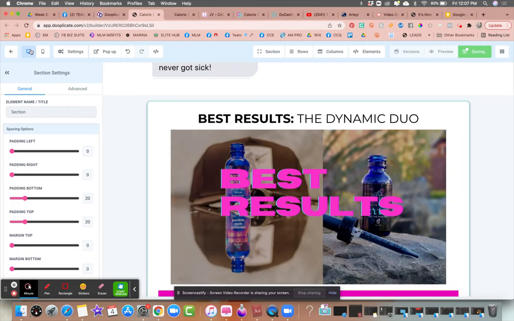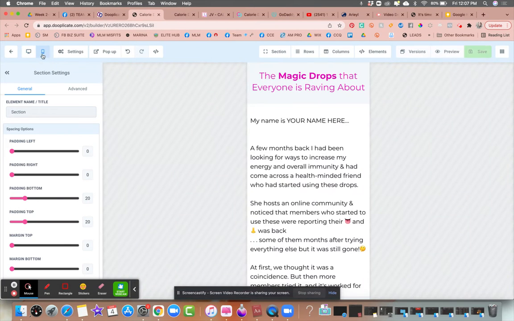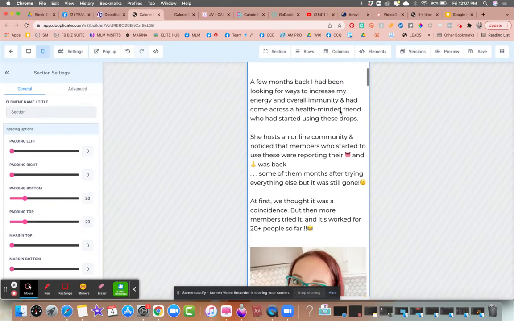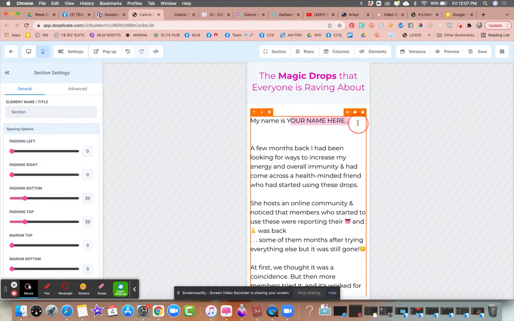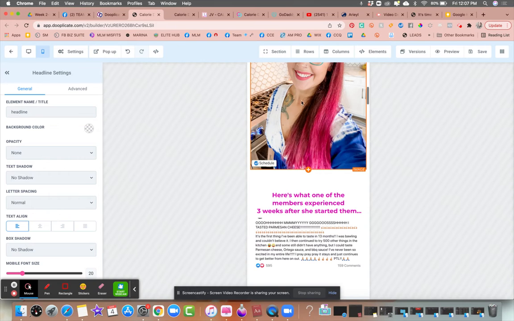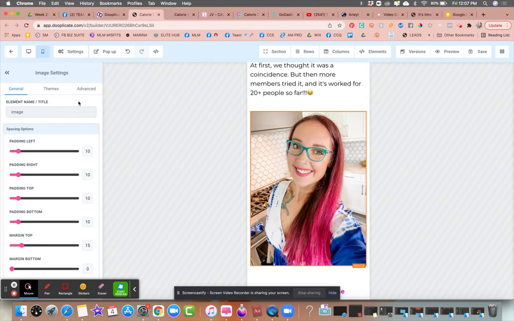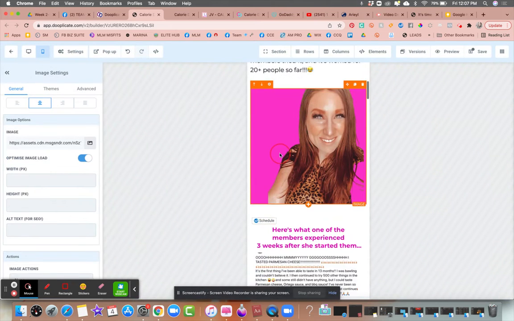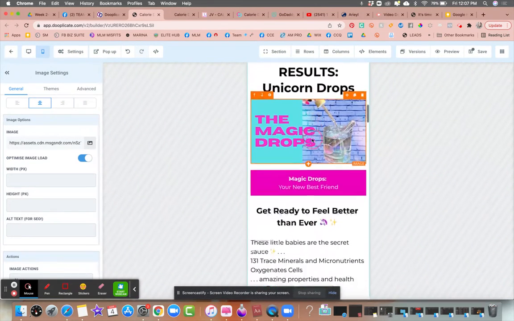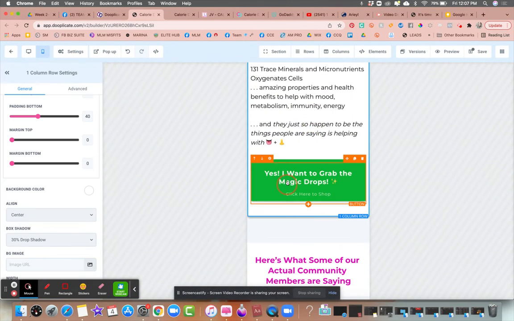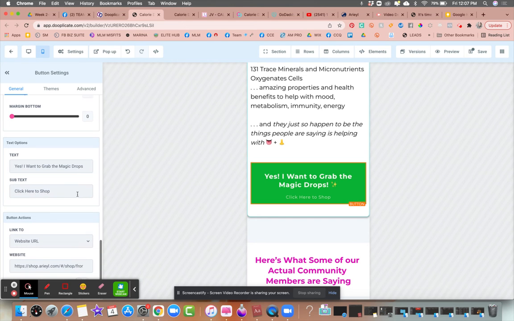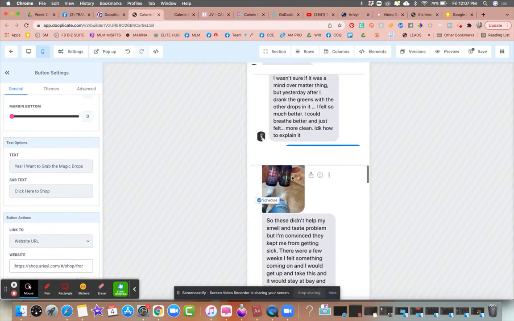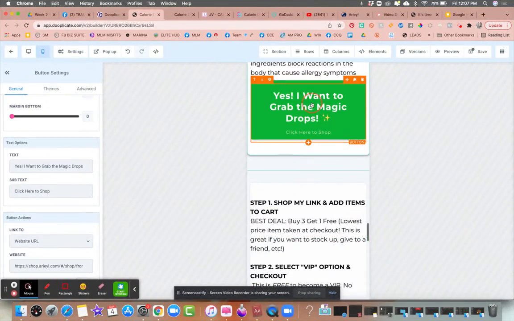Now I want to make sure that it is also edited for someone who's coming in on a phone. So I'm going to go to the phone page and I'm going to go down and I'm going to have to edit my name here, make sure everything looks good. For some reason, it's having someone else's picture here, which is weird. So I'll put my picture there to start. So make sure that you put your picture there, okay? Now let's click and make sure that this is going to the right spot. Okay, it is. It's going to Ariel. So I'm just going to make sure, just double check all of your buttons.